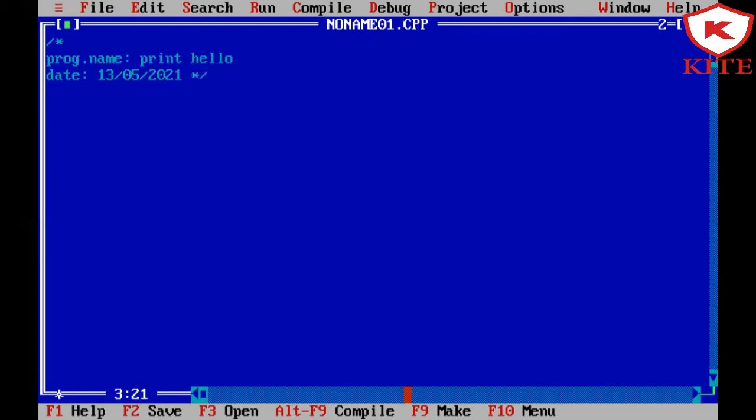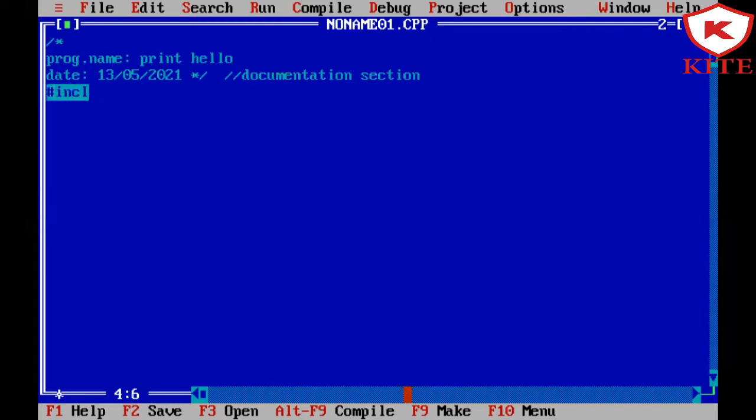So this is the documentation section. Now, the content which is written in the documentation section does not execute in this program. It is just the information part. Okay. Now then after, the second one is the link section.